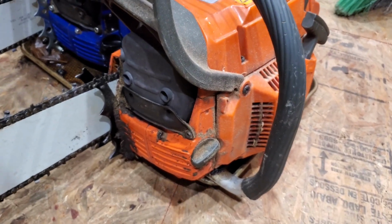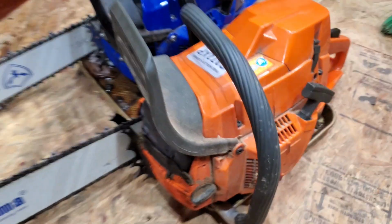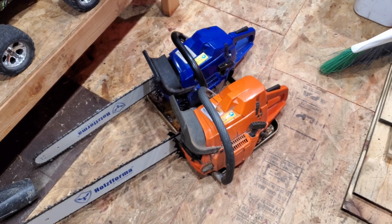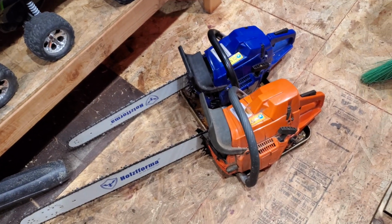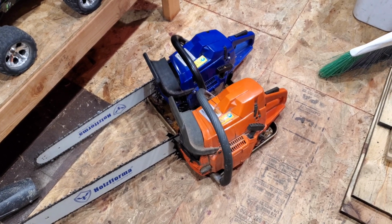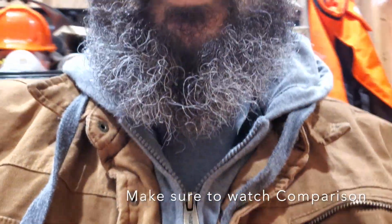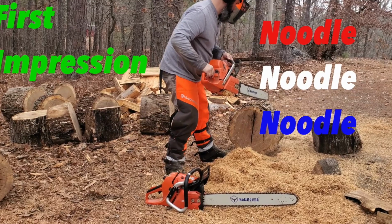The caps don't leak. That's not what's leaking on these things. It's coming out of the PTO, the oiling side of the saw. So, I have been contemplating, part of when I got this 620, the Echo that you may have seen in my videos, one of my desires was to possibly replace those saws with the 620, and the 620 is not as strong as that 372 XP clone,